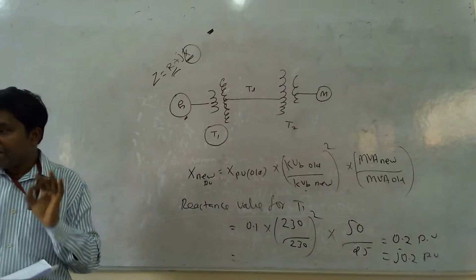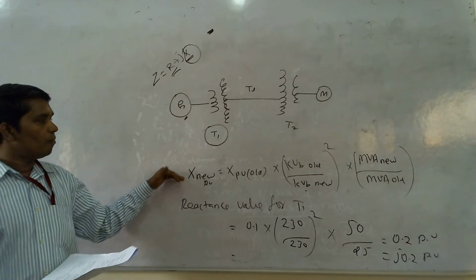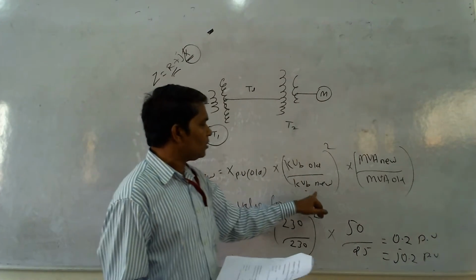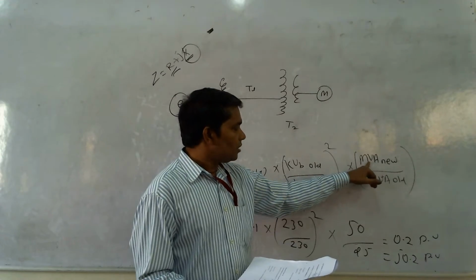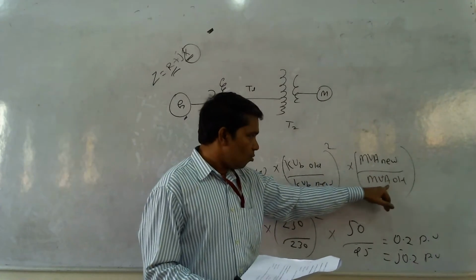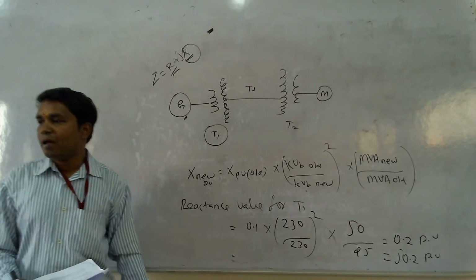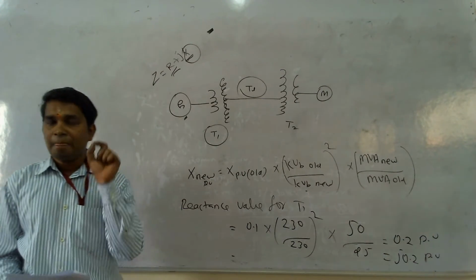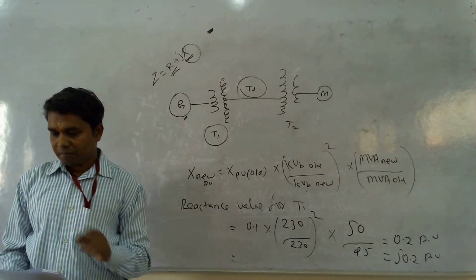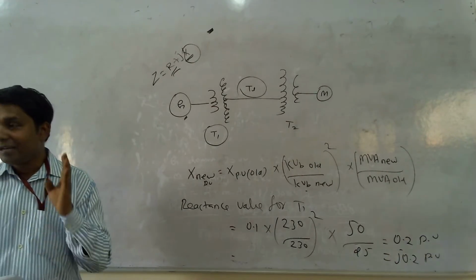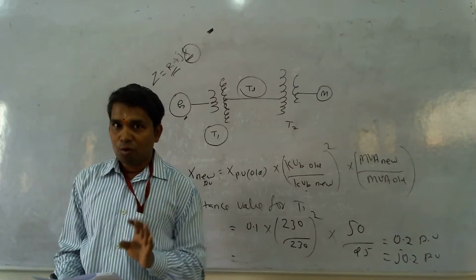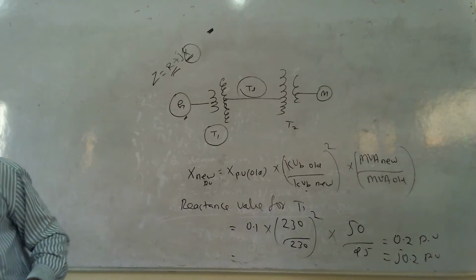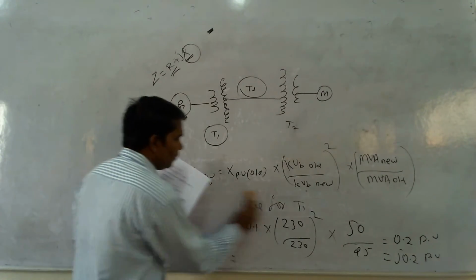Not given. So that is why for the transmission line, this formula, X in new per unit equal to X per unit into kilovolt base old by kilovolt base new whole square into megavolt ampere base new by megavolt ampere base old, cannot be used. This formula cannot be used for the transmission line because the data are not given in per unit or percentage; they have simply given the actual impedance value. This reactance value is given simply as J30 ohm, so given in ohm. So in such cases we need to use another formula.